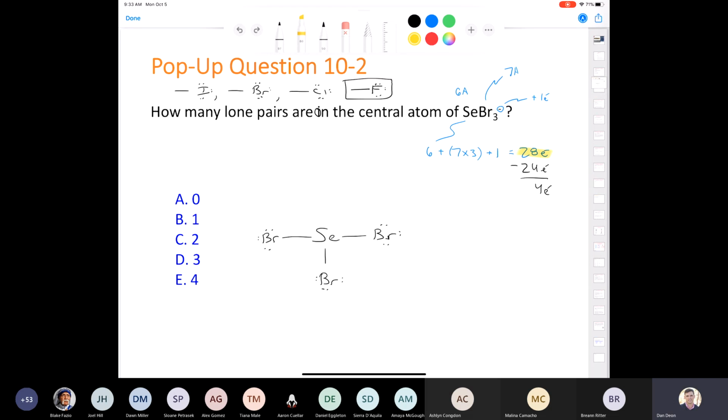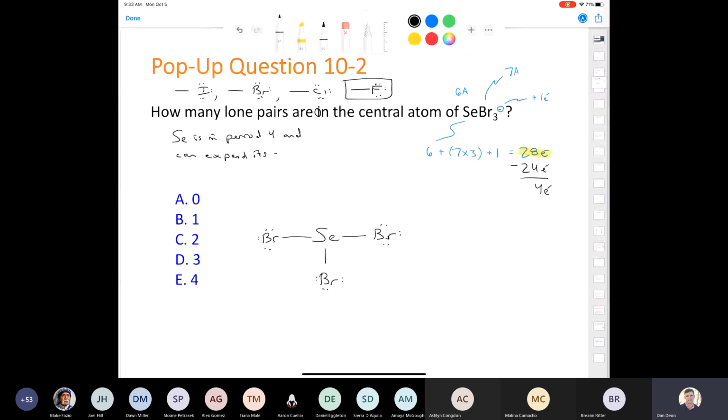Yes or no? Okay, I got my students here, Liv, Joel, Isabel, the whole gang. They're all saying no. That's right. The selenium does not have an octet. Now remember, selenium is found in period 4. Okay, so let's write that out here. Selenium is in period 4 and can expand